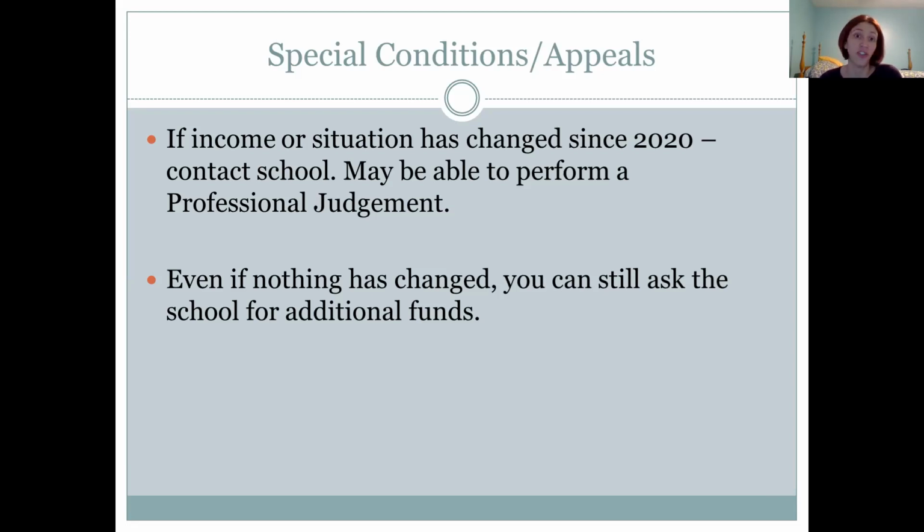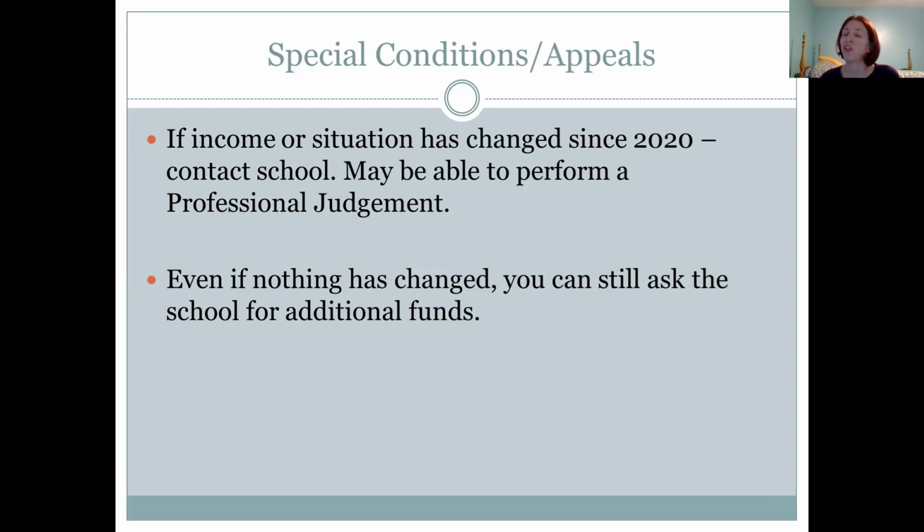Our income has changed, especially during COVID, income might be different, or maybe there was a divorce or separation or something along those lines. So if any of those things has now occurred, you still need to complete the FAFSA using the 2020 income information, but then you need to contact the schools that you're really interested in and ask them and see if they explain the situation and see if they are able to do what we would call